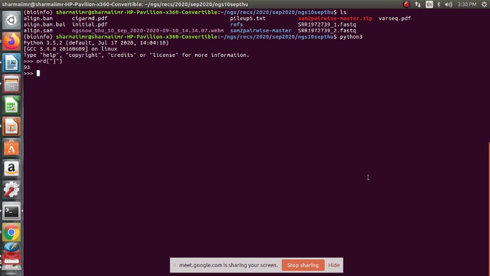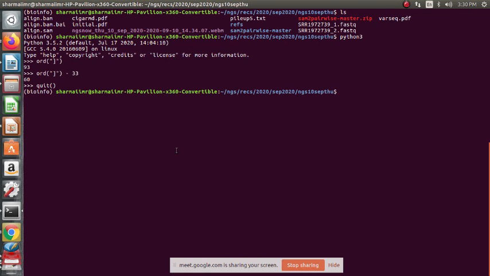Yes, ord of this is 93, right? And ord of square bracket close minus 33 is 60, right? Yes, we got 60. So ord will give us the ASCII value. Why are we subtracting 33? The first 33 are not printable characters. There's a Phred offset. Okay, so we quit this. This is a direct way to work in Python.